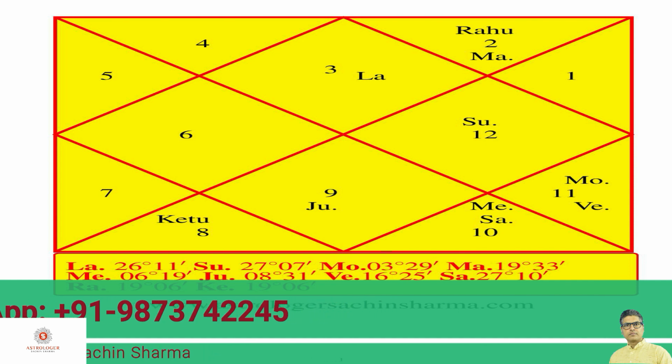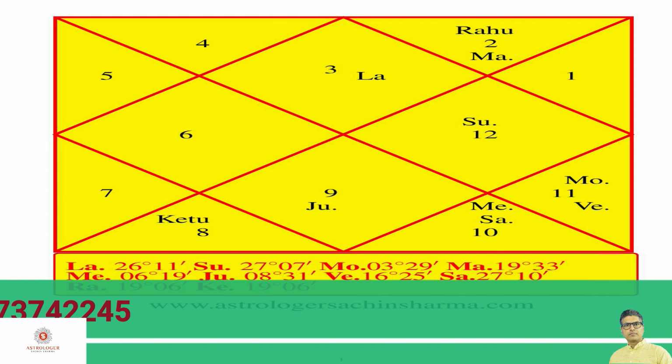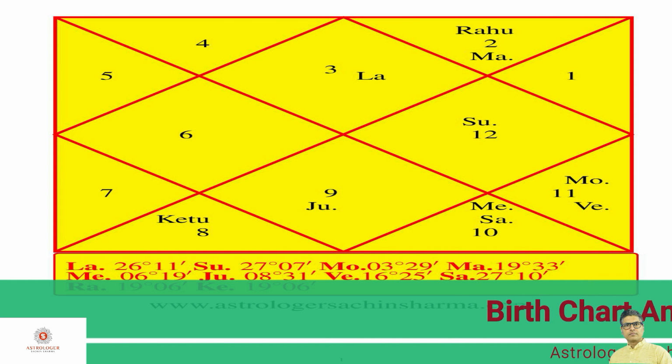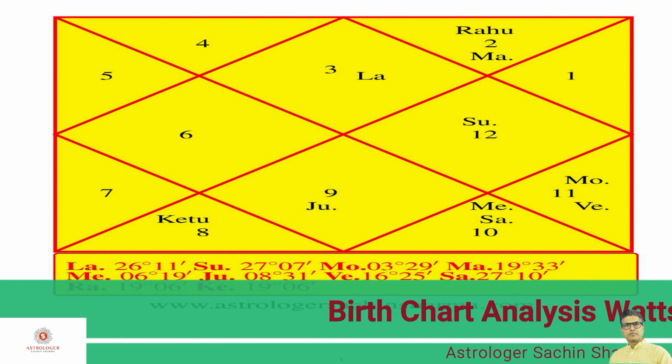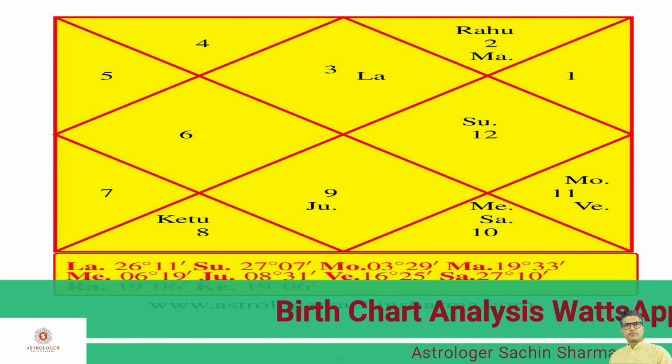Is there any other planet which is also Marka? There is no other planet in this birth chart as Marka. Why? Because in the 8th house number 10 is written, which belongs to Saturn. Saturn is also the lord of the 9th house. Hence Saturn is not a Marka planet in this birth chart. If we see the 12th house, number 2 is written, but number 2 belongs to Venus and Venus is also the lord of the 5th house here. Hence we can't say that Venus is Marka here.